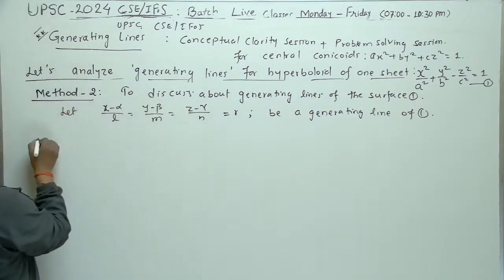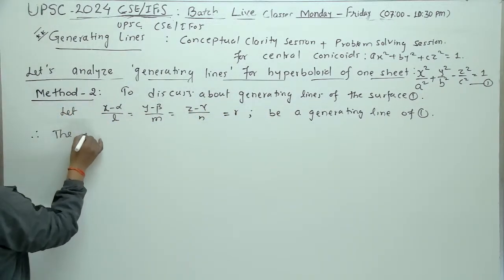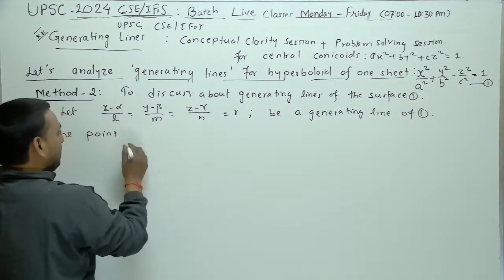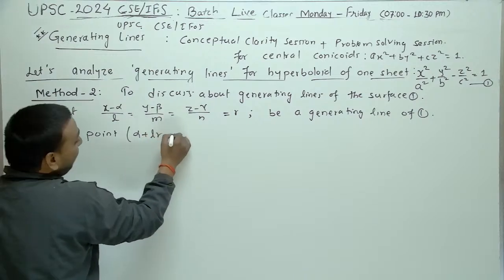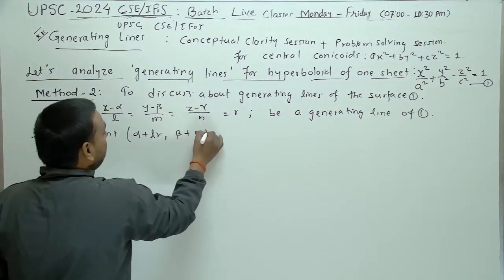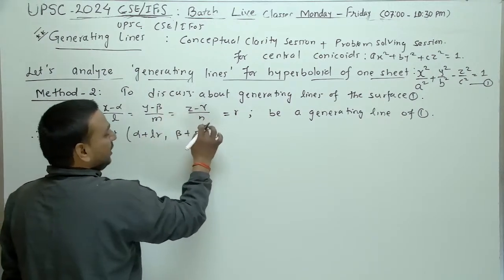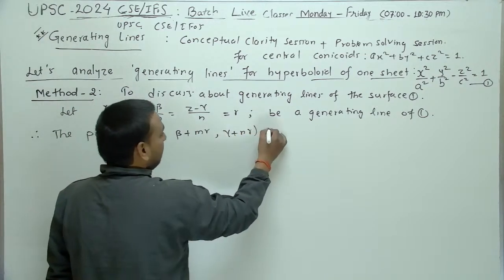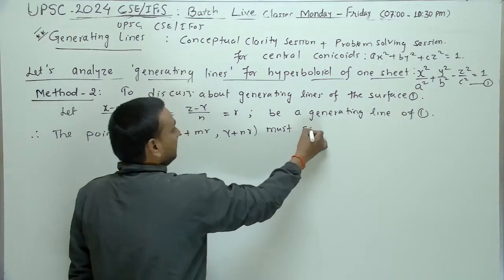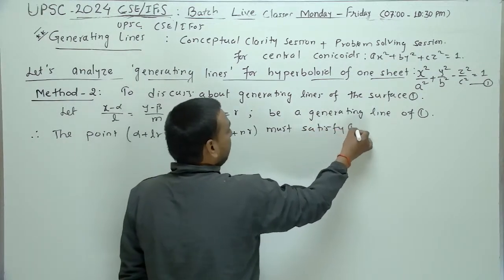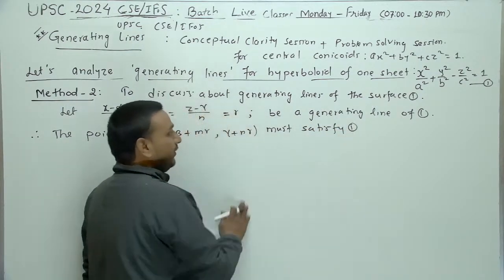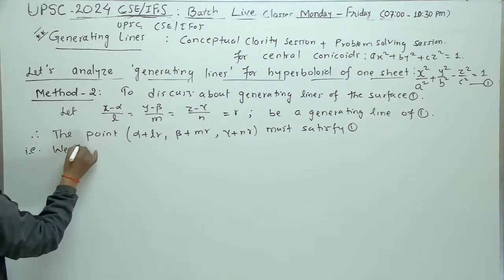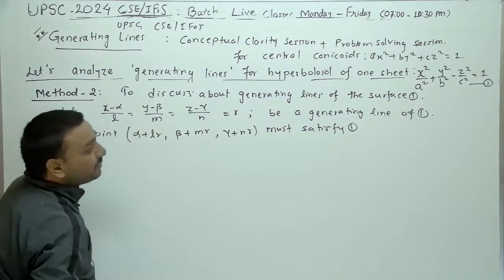So the point alpha plus lr, beta plus mr, gamma plus nr must satisfy 1. So if it satisfies 1, क्या हो जाएगा प्यारे बच्चों हमारे पास,